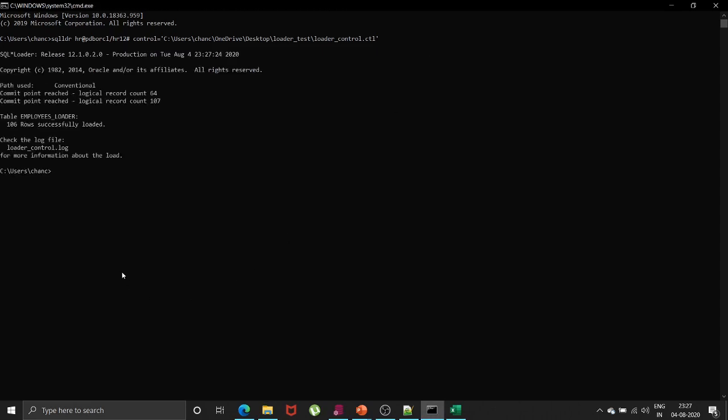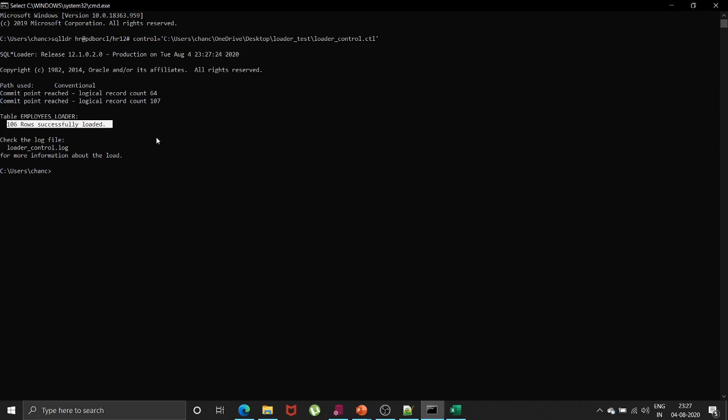If you see, I have a message like: check the log file, loader underscore control dot log. As I told you, the log file is auto generated. Similarly, the bad file and discard file are auto generated according to the errors present in your sheet. And we have a message like 106 rows successfully loaded.